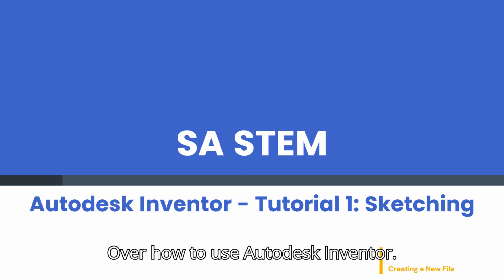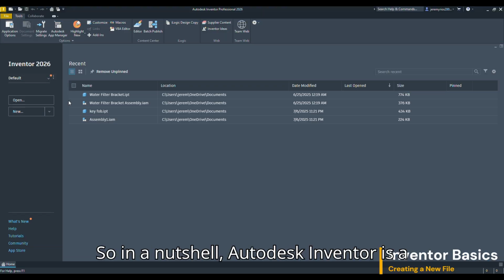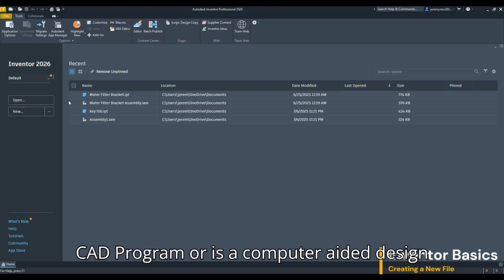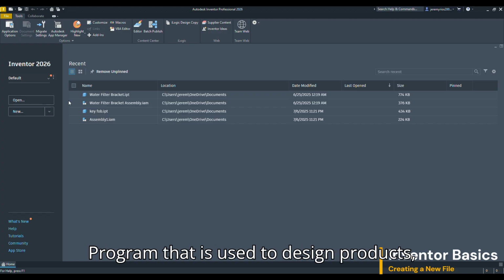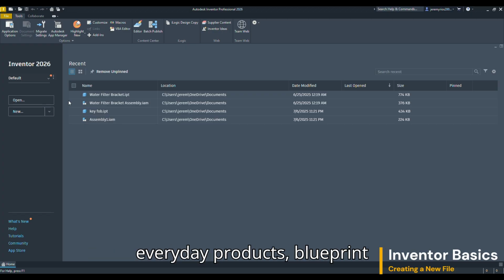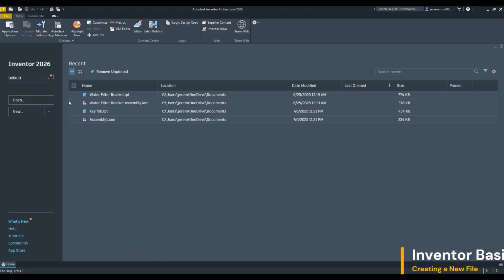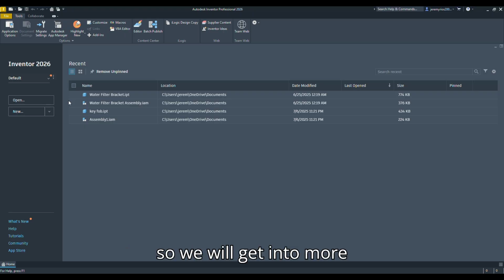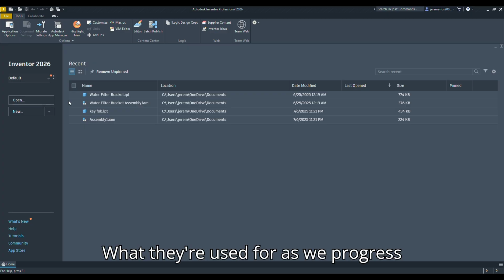over how to use Autodesk Inventor. So, in a nutshell, Autodesk Inventor is a CAD program, or a computer-aided design program, that is used to design products, everyday products, blueprints, sketches, of anything that needs to be presented or created. We will get into more detail about what they're for and what they're used for as we progress through